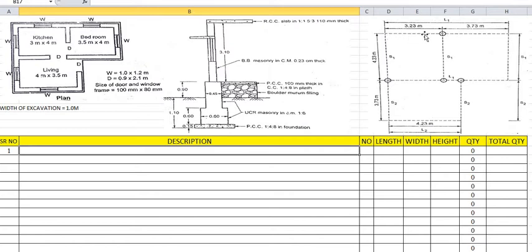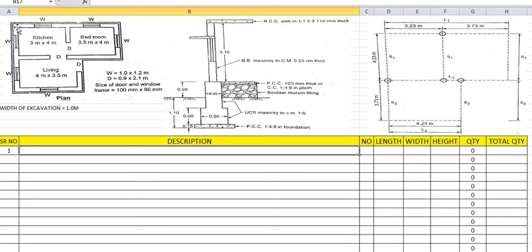In the same way we have to draw the center line plan passing through the width of each wall, okay, whether it is a 0.23 thickness wall or a 0.15 thickness wall. But here in this case a 0.23 thickness wall has been mentioned. Here all the wall widths for the complete drawing have been mentioned as 0.23. But practically in some cases the width of wall may vary, the inner width may be 0.15 and the outer width may be 0.23, but here the outer and inner width of the wall are the same, that is 0.23.